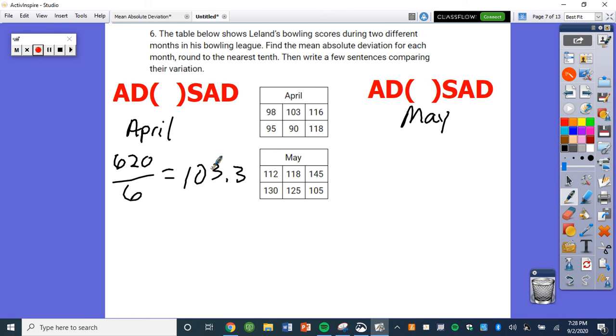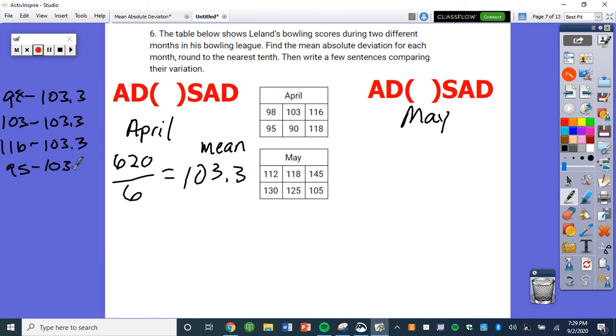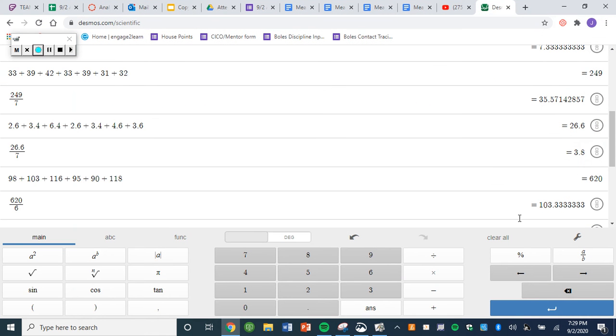So we're rounding to the tenths place. This is the mean. Alright, now we're going to take all of our data values and subtract them from our mean, and then take the absolute value of that. So 98 minus 103 3/10, 103 minus 103 3/10, 116 minus 103 3/10, 95 minus 103 3/10, 90 minus 103 3/10, 118 minus 103 3/10. Okay, and if I do each one of those, I get